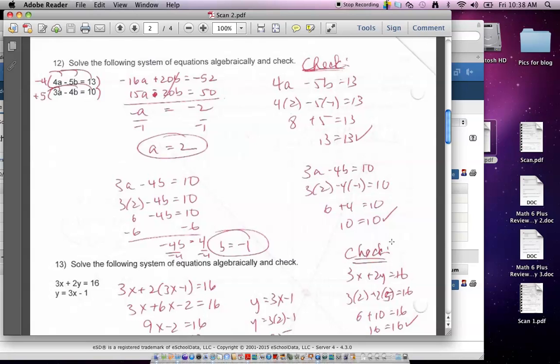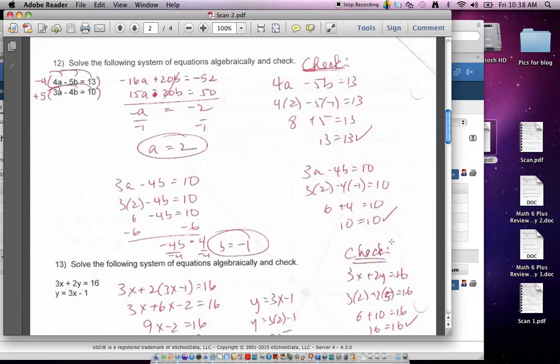How many people got A is 2 and B is negative 1? Raise your hand if you got that right. Put them up nice and high so I can see. How many people got A is 2 and B is negative 1? One person. 2 people. 3. Anybody else? Well, what you need to remember here